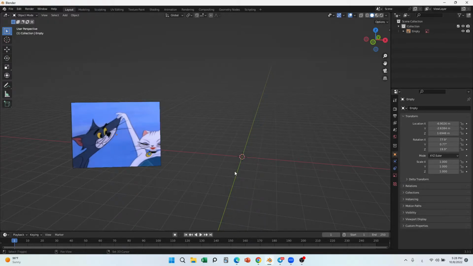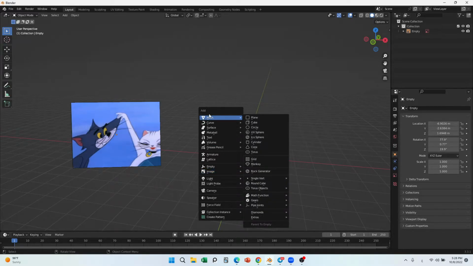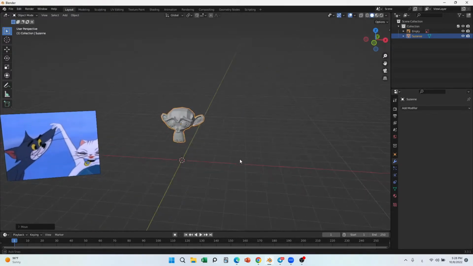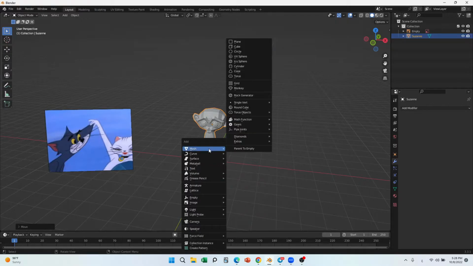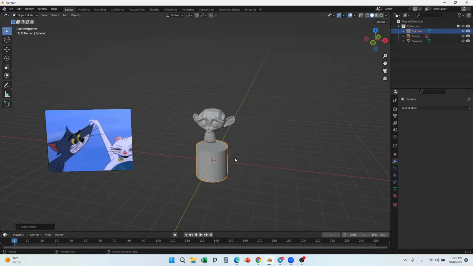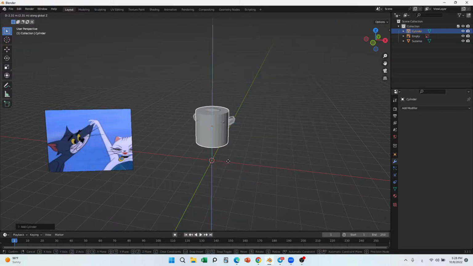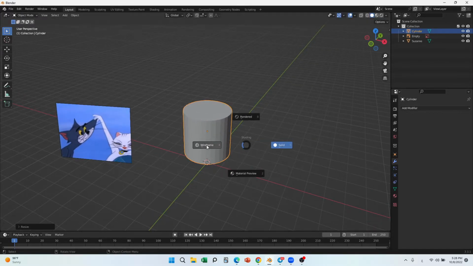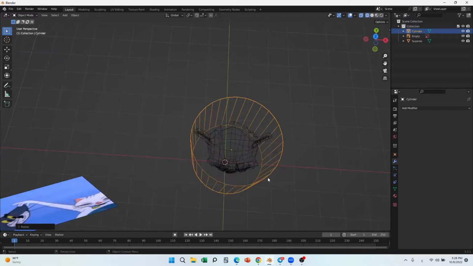the lattice modifier, but right now we are going to do another thing. Right now I'm going to put a monkey up here, and I'm going to bring a cylinder, so I'm putting it inside of it. Why am I putting it inside of it? Because I want to deform it. See, I have something like this,